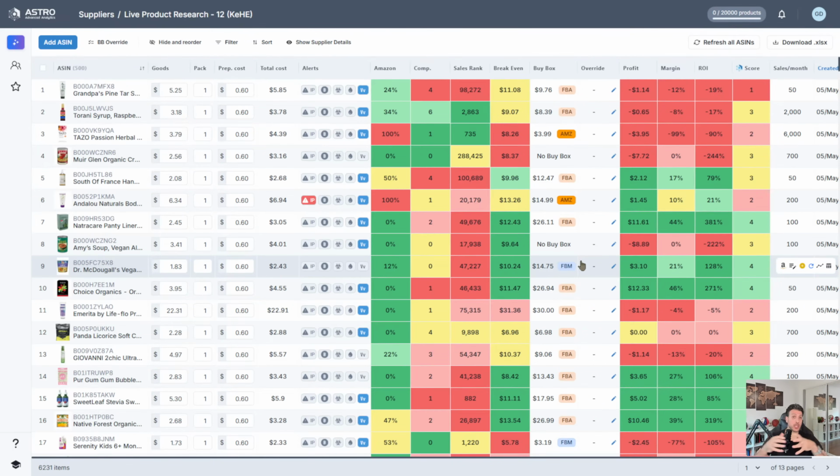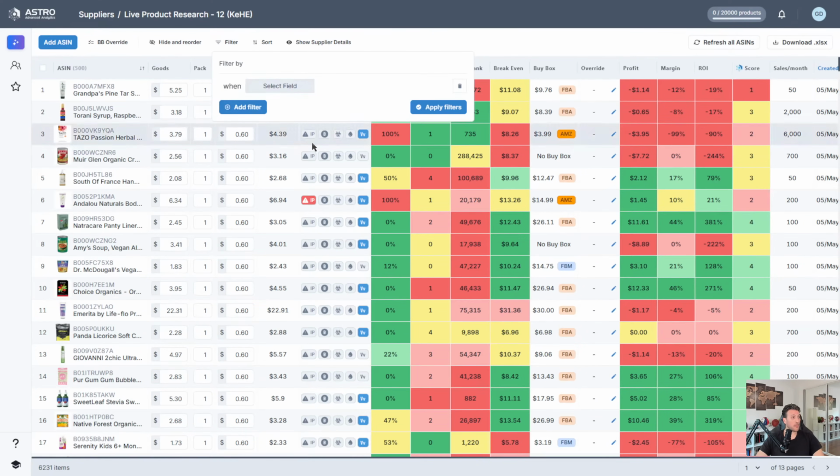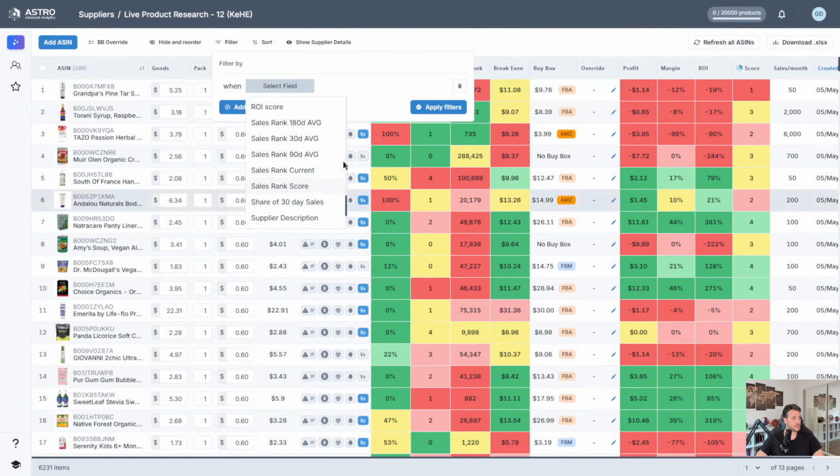And what justifies a 20 or 30% ROI is the fact that it sells in very high volume. So if we have a product that has a minus 10% ROI, but we get a discount on it of 20%, for example, then it might become a very good product to look at and make some money on. So the first thing we're going to do is we're going to filter by ROI,